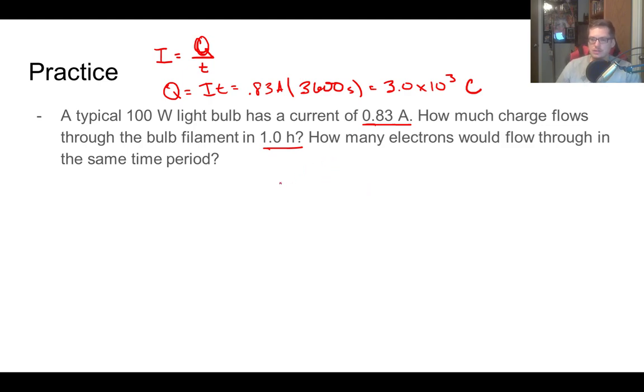Then it asks how many electrons would flow through in the same time period. There are two ways to go about this. We could convert amps to electrons and then multiply by time, or we could convert charge to electrons. Let's just convert charge to electrons. We've got coulombs and we're going to electrons. Remember the charge on one electron is 1.602 times 10 to the minus 19th coulombs. So we take our answer here divided by 1.602 e to the negative 19th, and we get 1.9